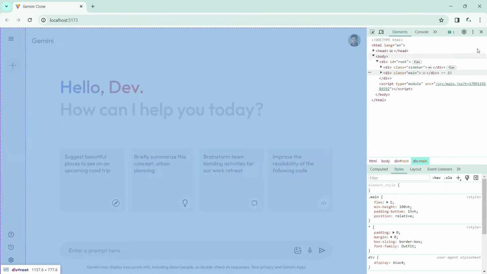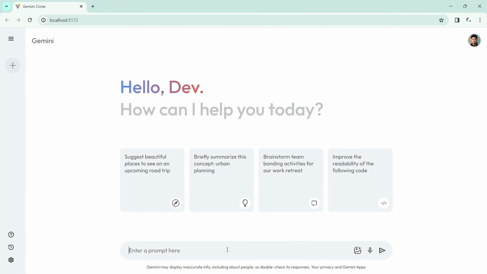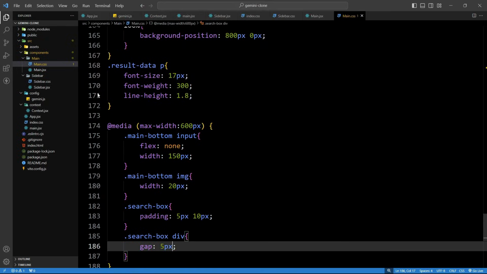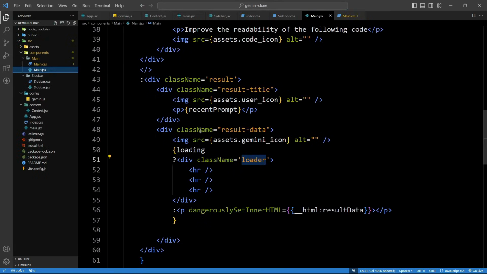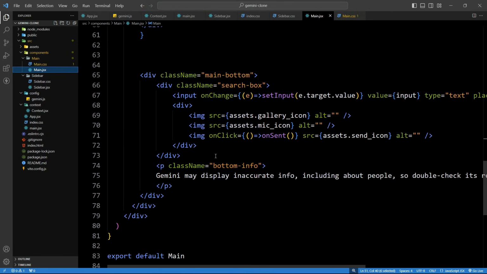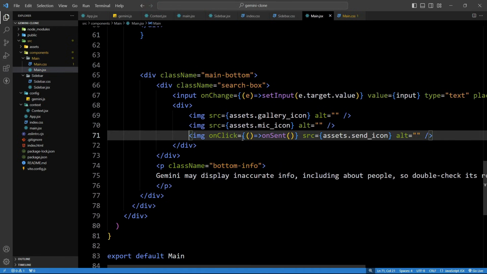After that, we will add one more small functionality so that when the input field is empty, in that case this send icon will be hidden, and when we type any text in this input field, this send icon will be visible. For that, we will open main.jsx file, and in this image tag where we have added onClick,